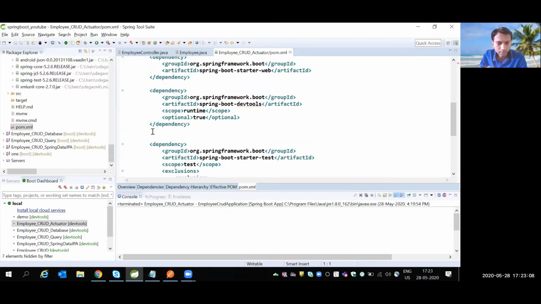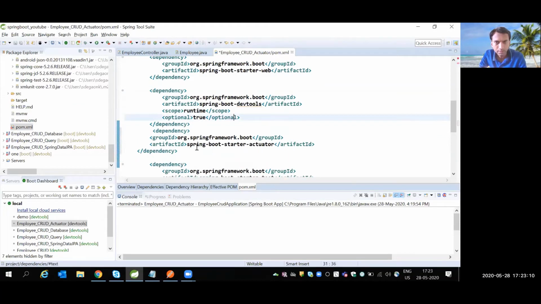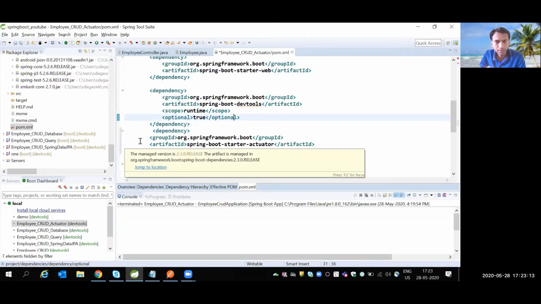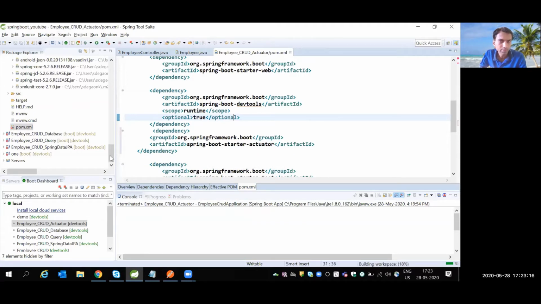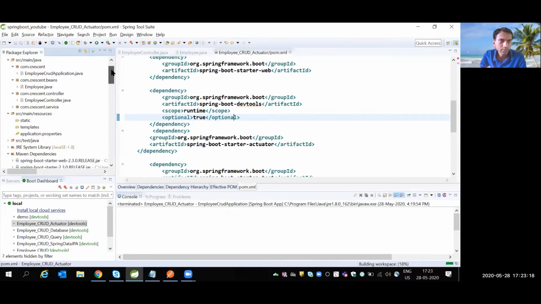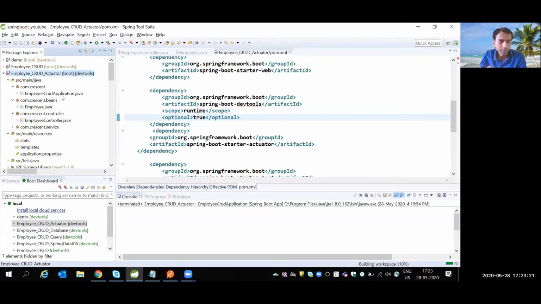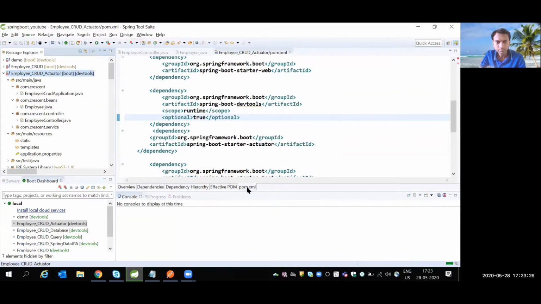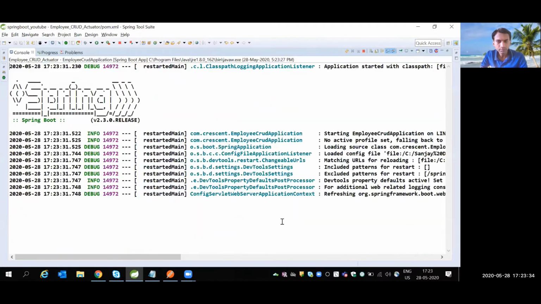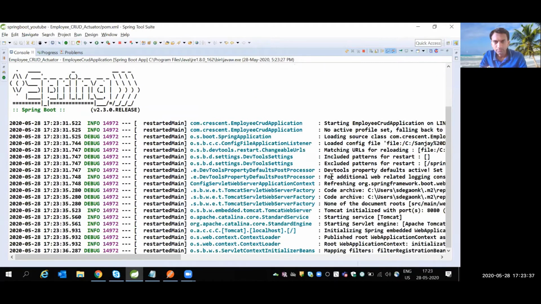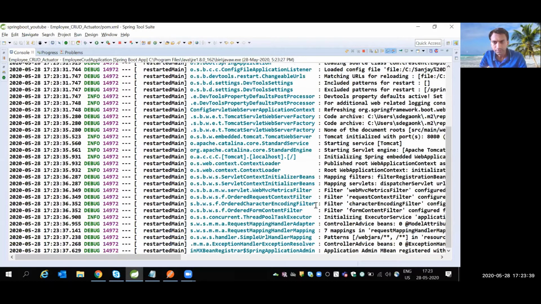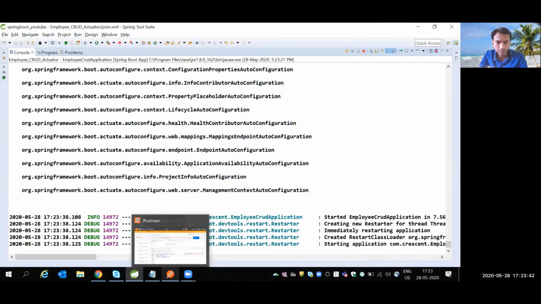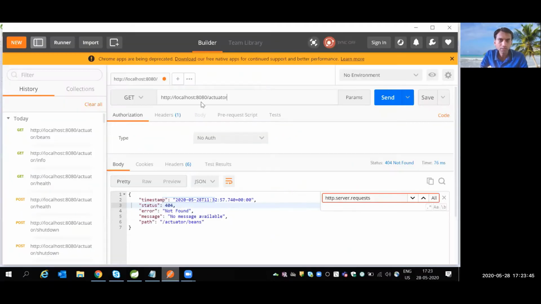Now the next dependency I'm adding is the Spring Boot starter actuator. So let me save and execute it. Executing the same application. Okay, so finally my application has started on the default port number 8080.